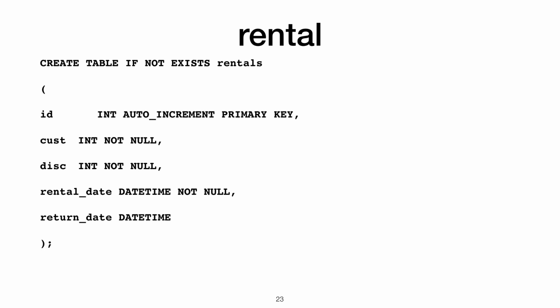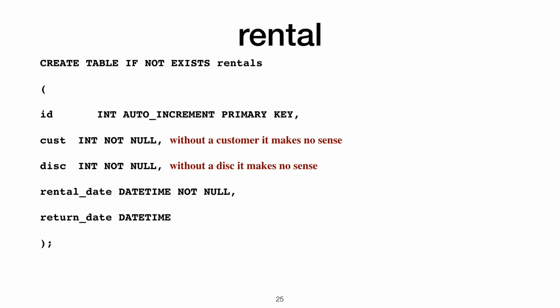So if we look at the SQL for this, we could create this table by saying create table if not exists rentals. So we have ID, which is an integer, and it's going to auto increment, and it's the primary key. We have the customer, that's an integer, and it's not null. Without a customer in the table, it makes no sense. It's pointless. Why would we have it at all? Then next up we have the disk, and that's an integer also, and that's not null. Again, it makes no sense not to have the